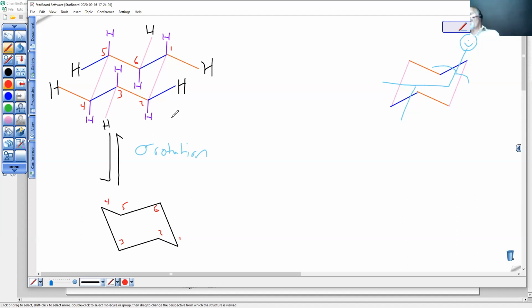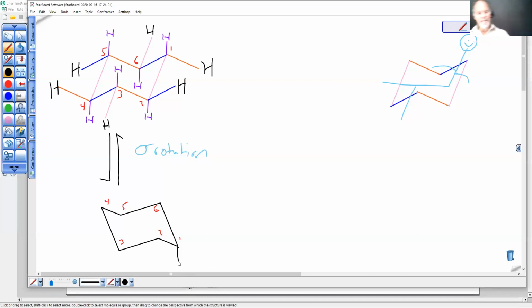Okay, so what kind of H's did you put on first? Axial H's. I want to point out they're all going to be black this time, because when we did the sigma rotation here, that also rotated this bond down here. So I'll just switch over to black for the